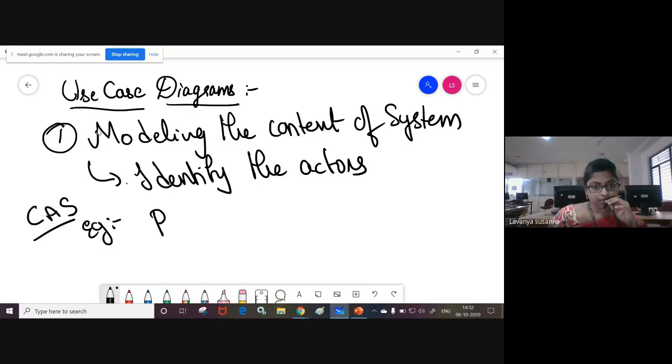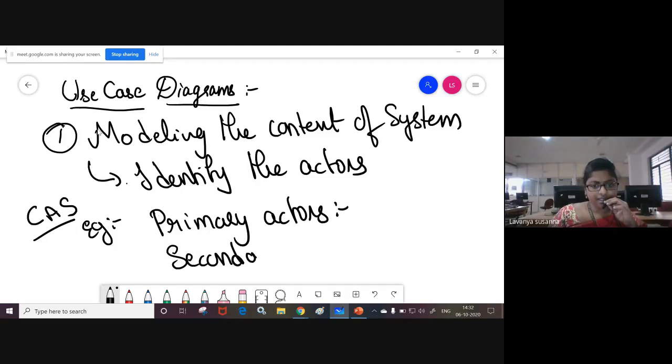Please respond, students. Who are the primary actors for this application? Which application did I take? Our college administrative system. Only Navya is answering. What about the remaining members? Primary actors, secondary actors, you need to identify like this.